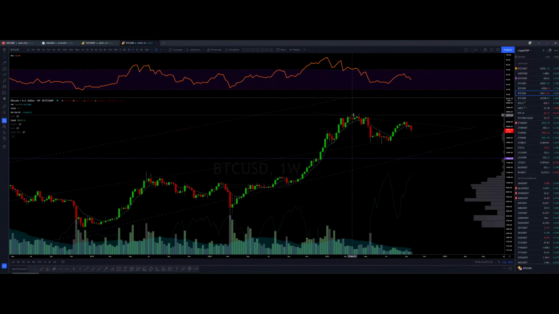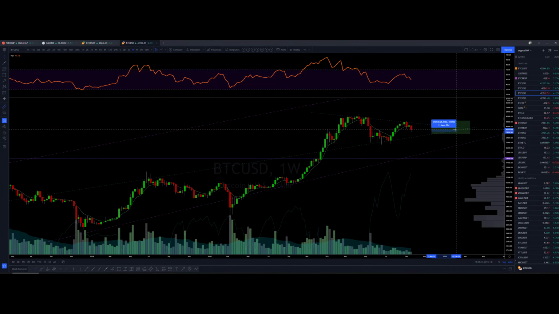What I've drawn is, we could form a triangle in here, and we could squeeze out. We could come down to 35k, this area here, bounce, and then we're not going to be getting out of this area until somewhere here. So end of November to about start of next year. Maybe we're just gonna go sideways until next year, and there's not gonna be that much. Still a good range, about 40%, but we're gonna be tightening up if this plays out.